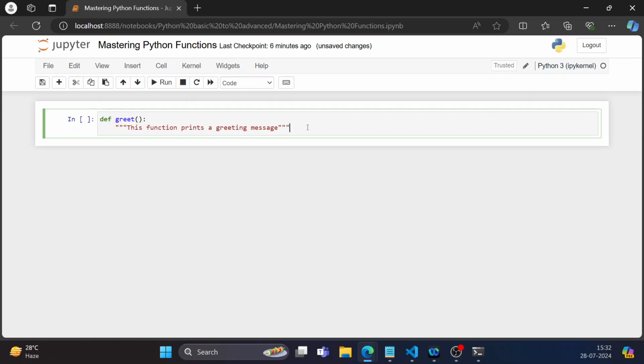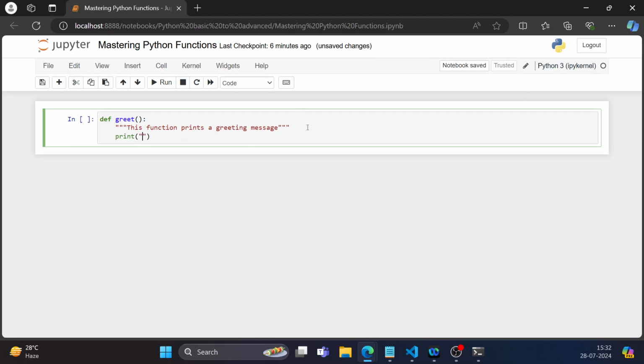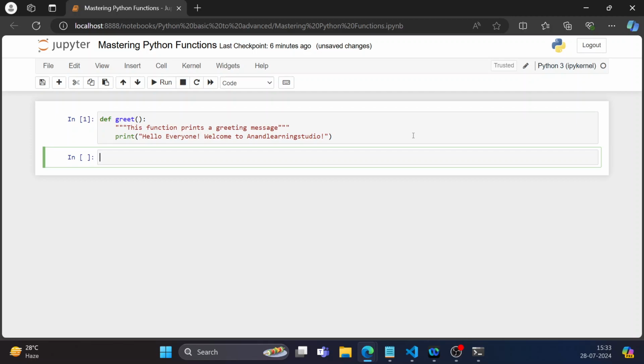Okay, now here I'm just keeping it simple. Suppose I have a print statement, "Hello everyone, welcome to our studio." Now this function is just a greet function. Let's execute it. Now you have seen that this function, even after execution, did not print "Hello everyone, welcome